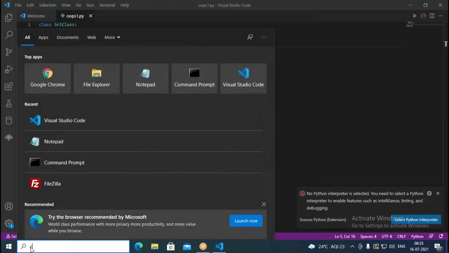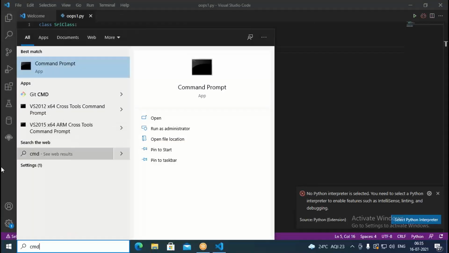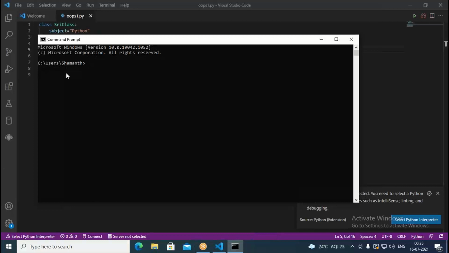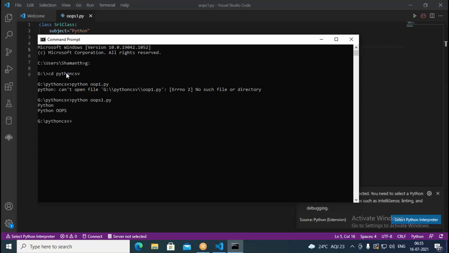Now just go to command prompt. From command prompt, I want to invoke that. Then cd to Python CSV. Here just type python followed by oops 1.py. So it's printing Python, and the other thing is oops.